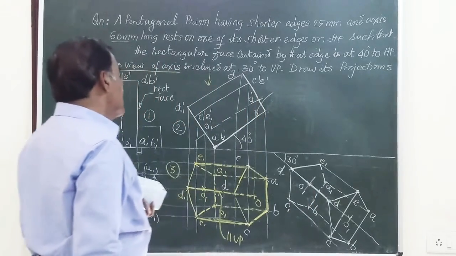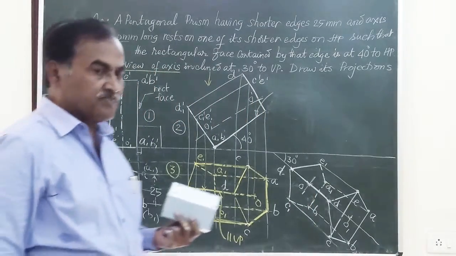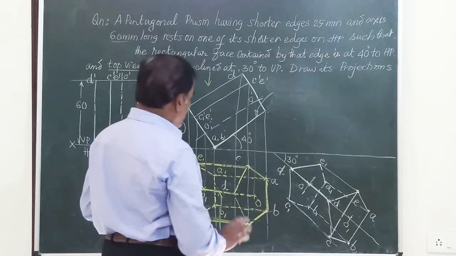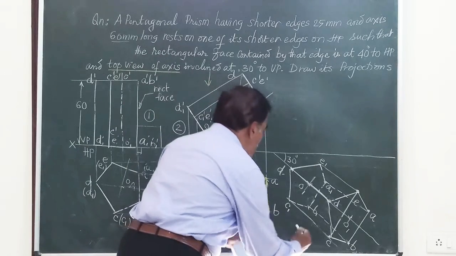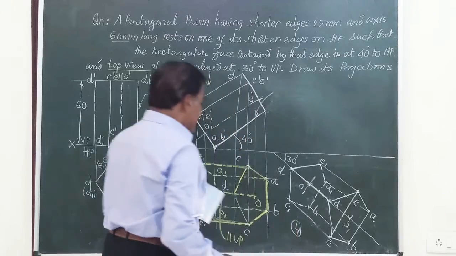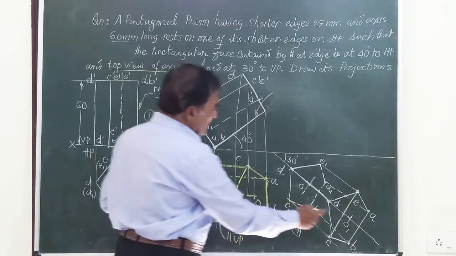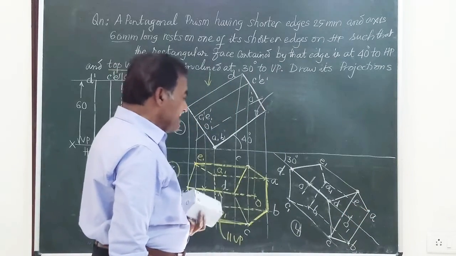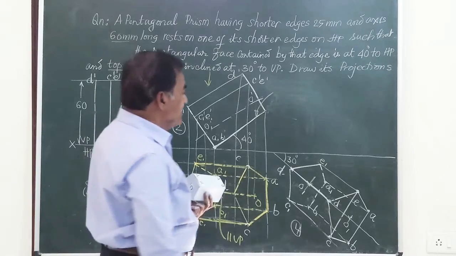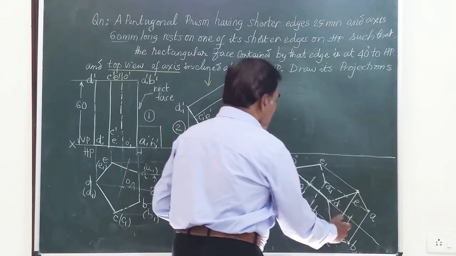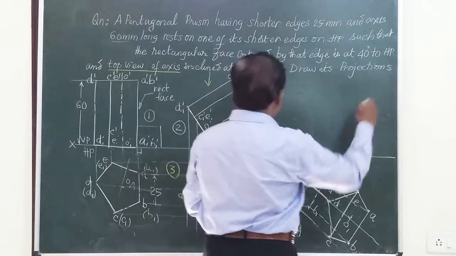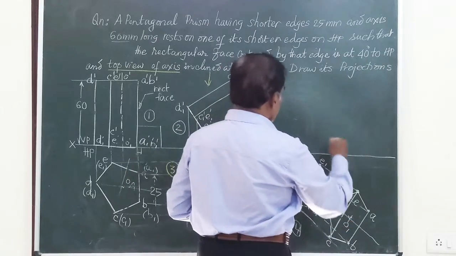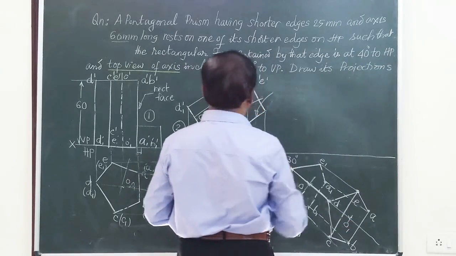After getting the final top view, we have to get the corresponding front view of the solid. So what is to be done? Now here friends, you observe, when I draw this figure as figure number 4 here, the top face of the solid, that is A, B, C, D, E, is nearer to the observer, and hence the observer will be able to see the complete top face. The top face is this one, corresponding to this is this. So we are going to get 5 points from here and 5 points from here, and get that figure which is completely visible to the observer.